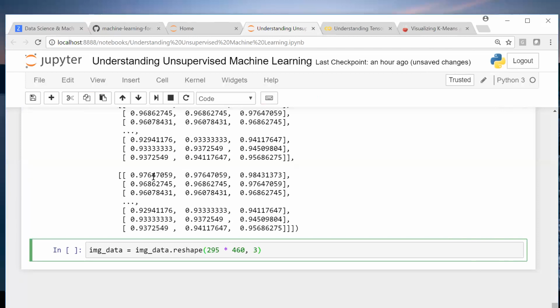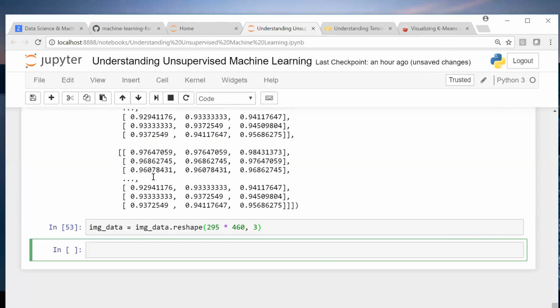The vector dimension is changed so that it becomes two-dimensional, so you can pass it in your training data set, because your training data needs two-dimensional information.